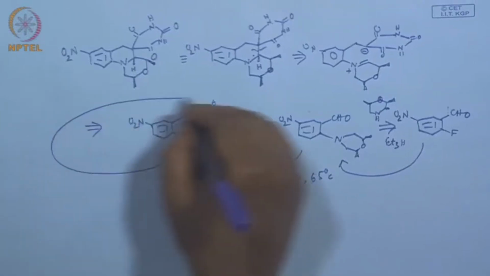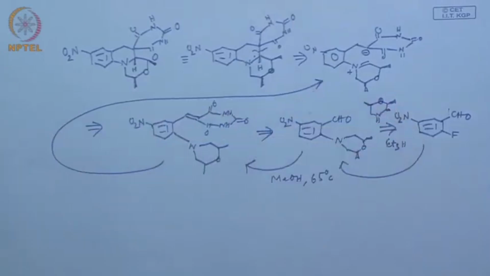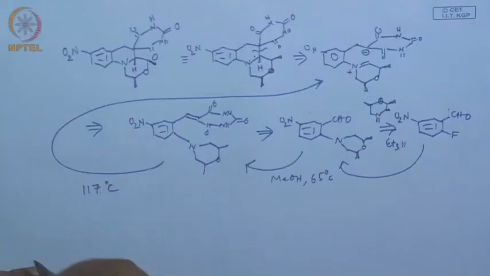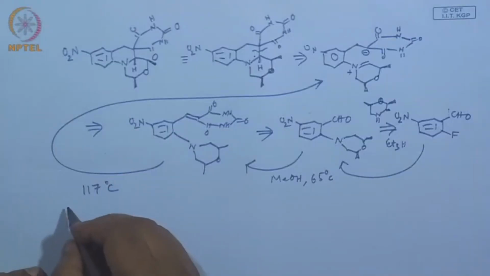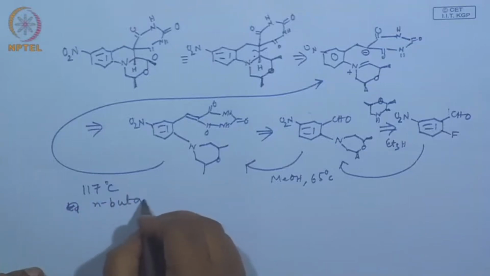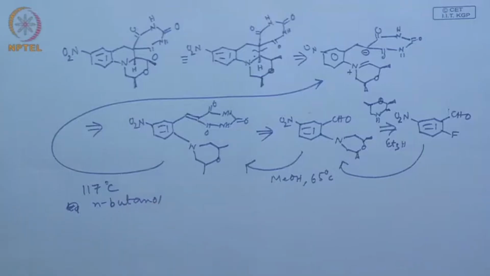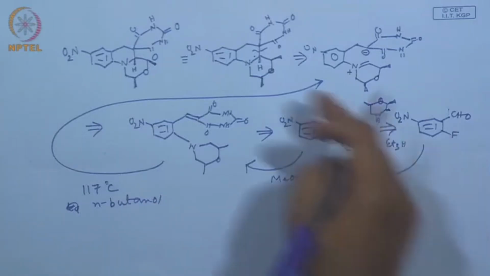That means, you have to go to the tertiary amino effect reaction. Then one person has said that the reaction should be known as tertiary amino effect reaction. Well, it sounds odd, but okay. Basically, you have to now do the ring closing reactions. What is the reaction condition? The popular reaction condition is again, so I think from the temperature we can make out 117 degree. So, it is butanol, n-butanol. Okay. So, then you get to this product,